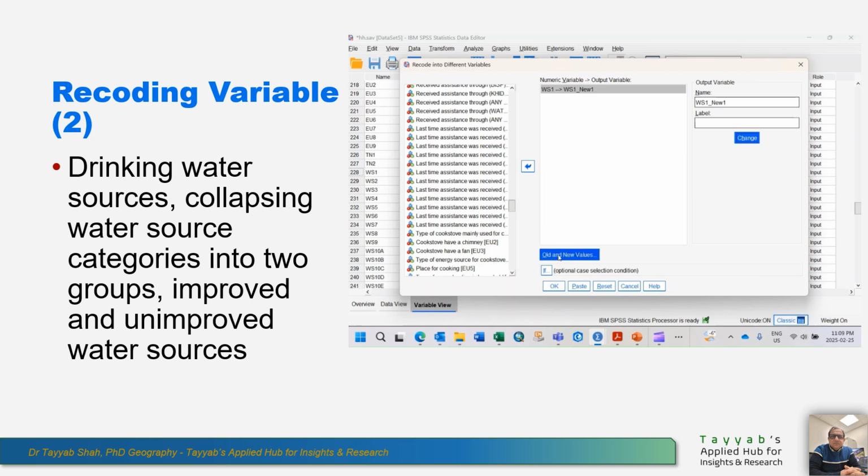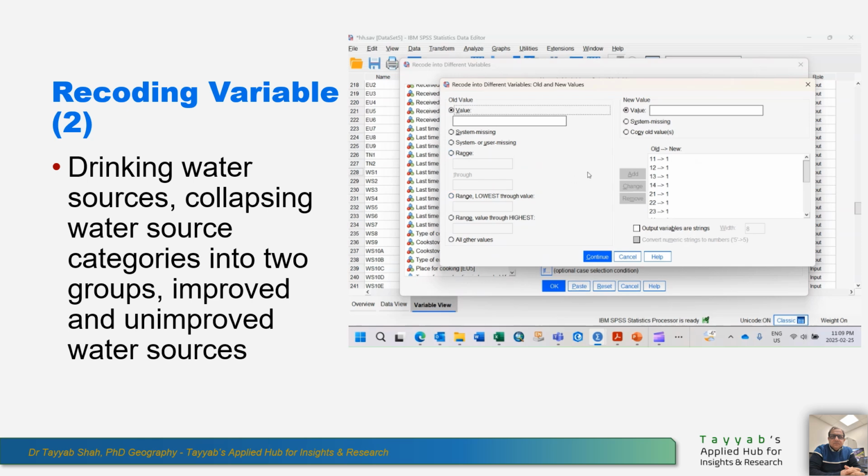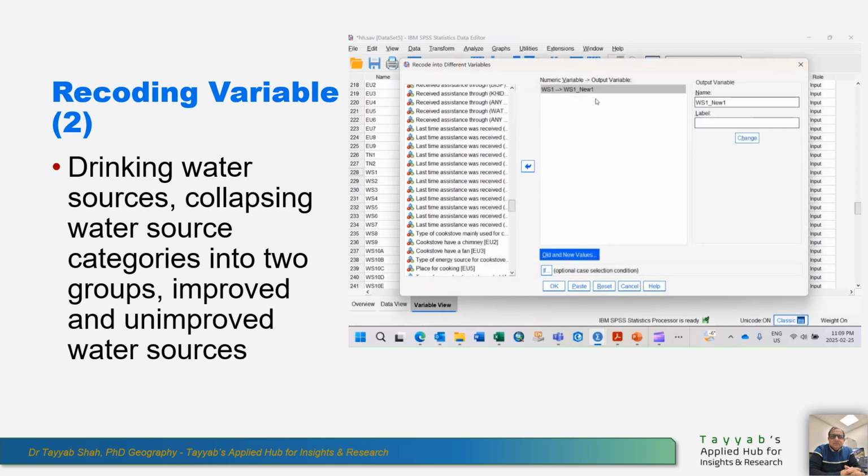The values we have, we need to recode them, because in the list of values you see, we have already categorized them. So the old value will go here, and then we need to put the new value, either 1 or 0. You can see these four options we set as 0. You need to perform this one by one, entering the value by looking at the list, and then setting the new value as either 1 or 0, because we want to make this a binary variable for our logistic regression. Once you've done this, you need to run it,